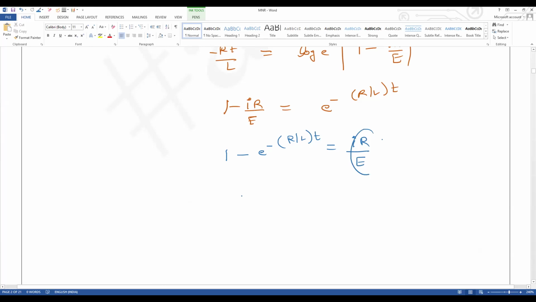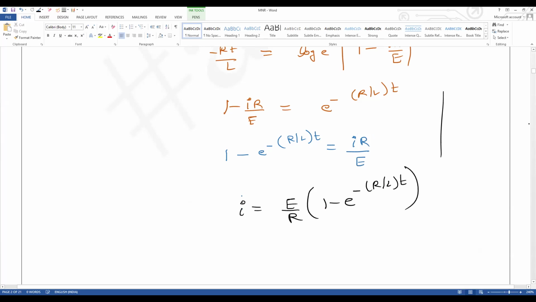So now we all know R by E is equal to something. Anybody can tell what R by E is equal to? Already we studied today only. Check it, everyone. R by E, not, E by R. Sorry, it is reverse, correct. It will be coming this side. So let me write it now. Next step. So I is equal to E by R into 1 minus e power minus R by L into